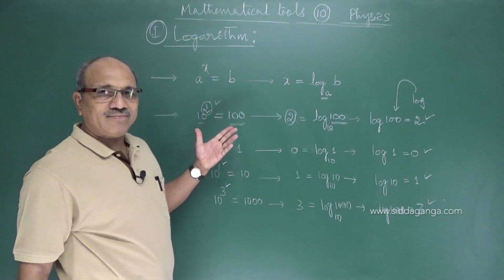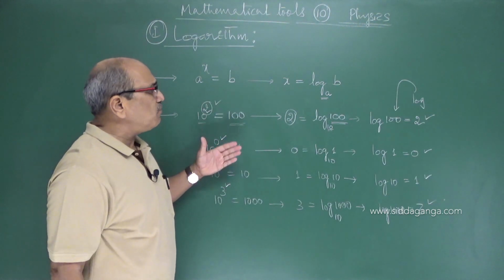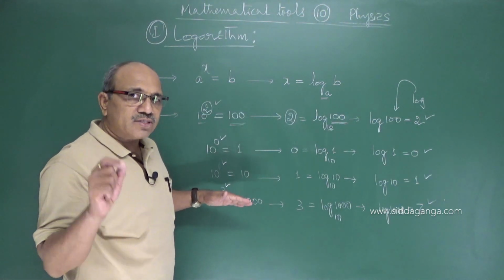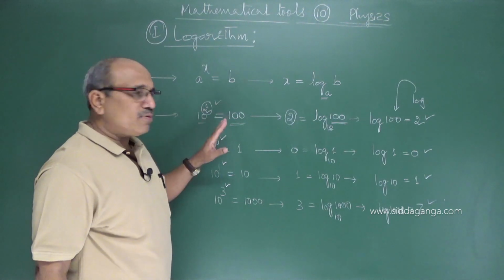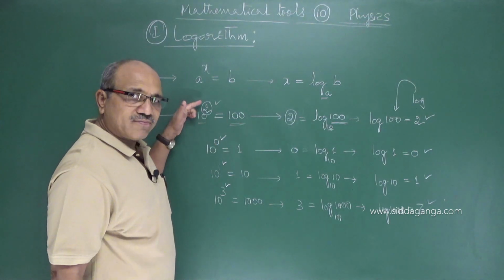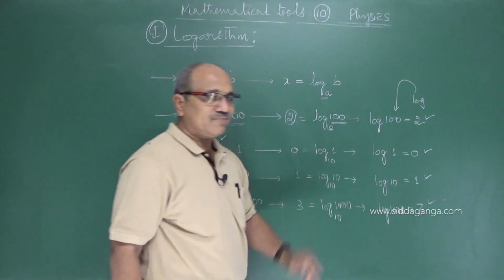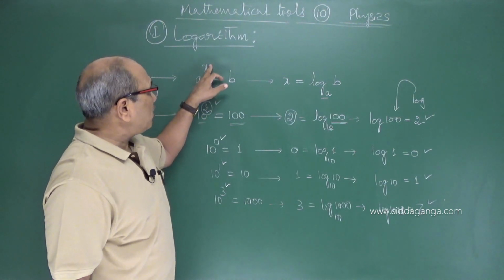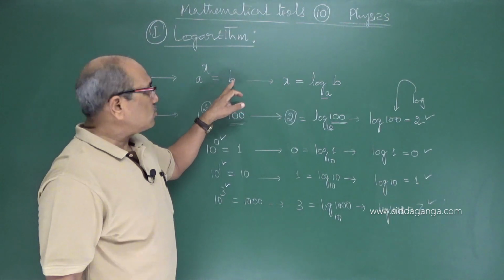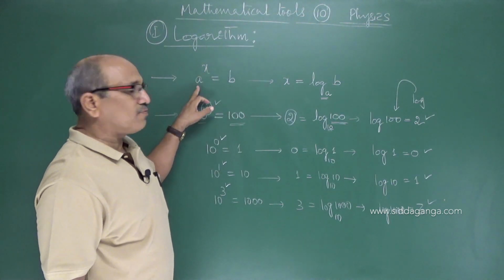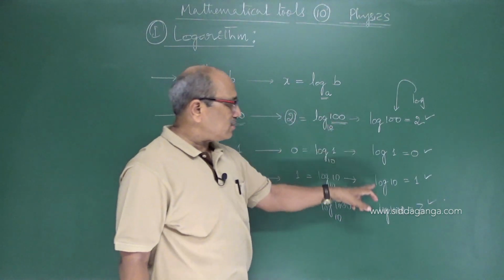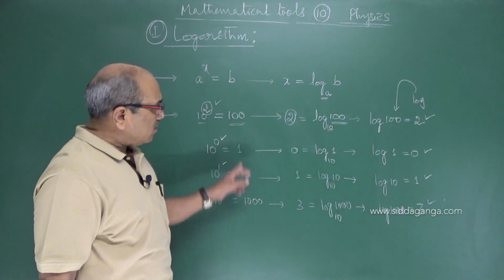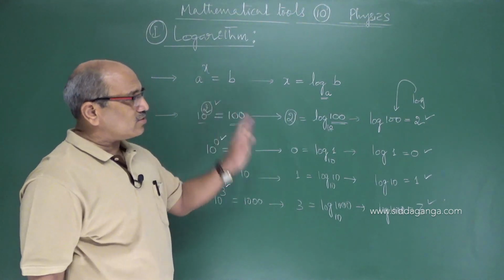It is not only powers of 10, please don't get confused. I am saying that instead of 10, if you are able to write any number as a power of 5, then it is log to the base 5. That is what we generally take here. The base of the power is b. So the log of this value is this, to the base of this. Now you are able to understand something from this.